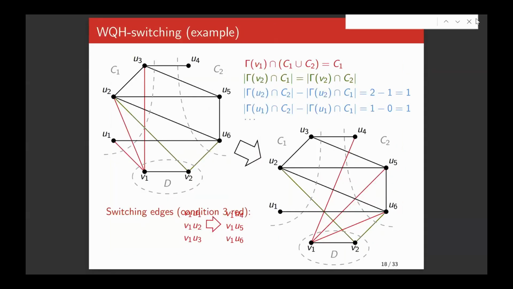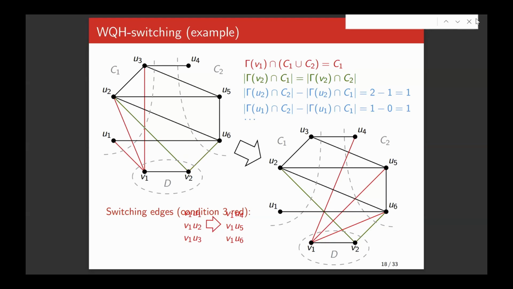Okay, well, this is an example for graphs still, like we have the 2 switching sets, C1, C2. The constraints of the switching are satisfied. The most important one for the switching to happen is the red one, as I already mentioned. So if we look at every vertex, well, V1, for example, in D has exactly C1 as a neighborhood, right? Nothing in C2, so we are fine. Some switching will happen. And actually the switching that will happen is that from C1, the adjacencies go to C2,